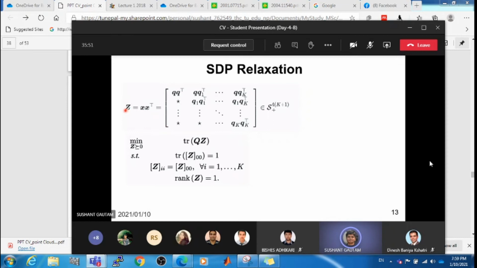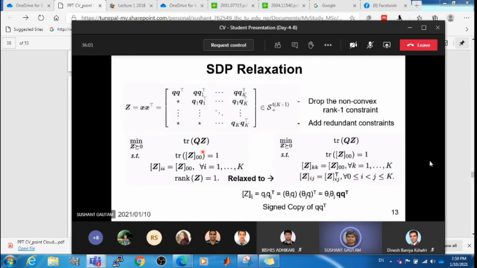Just as a side note, all previous constraints are preserved here. Nothing is new. This is just a conversion due to the new variable Z. But relaxing is still not done. That is what we were going to do, right? So the only relaxation here is that we drop this rank Z equals 1 constraint. We don't require Z to be exactly matching an existing x. That is, it should not be satisfied. Instead, we only require it to be symmetric for making it convex. That is the goal. If we somehow find q and qk's, that's enough for us.